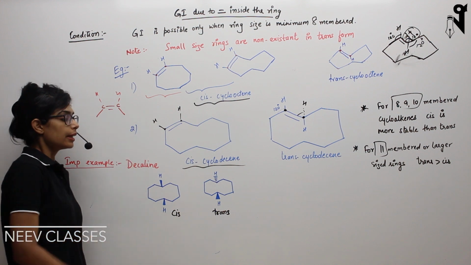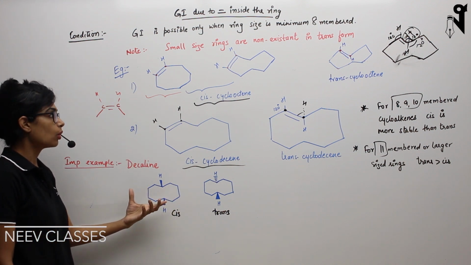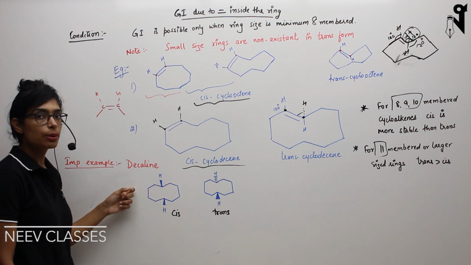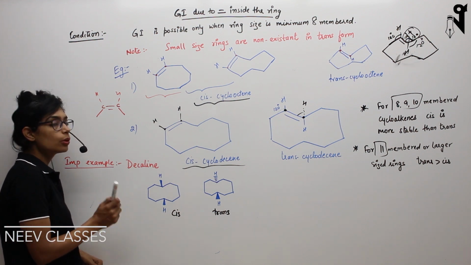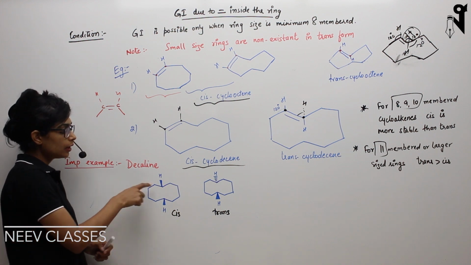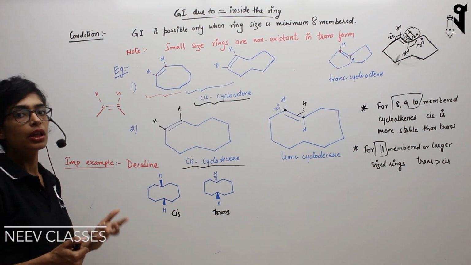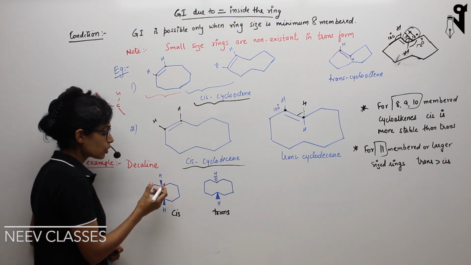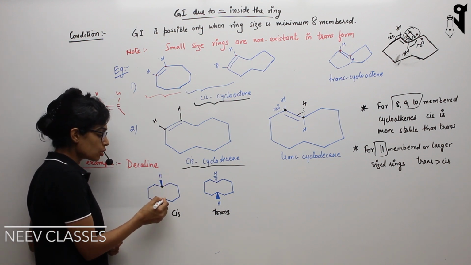That is decalin. Decalin is this structure, or decaline, whatever you want to call it. And in this structure, this question was asked in the JEE Mains exam quite a long back. They asked whether this molecule can show geometrical isomerism or not. When you look at the carbons, sp3 carbons are there, but no two different disubstitutions are there over here. So ideally it should not show GI, but these two specific positions